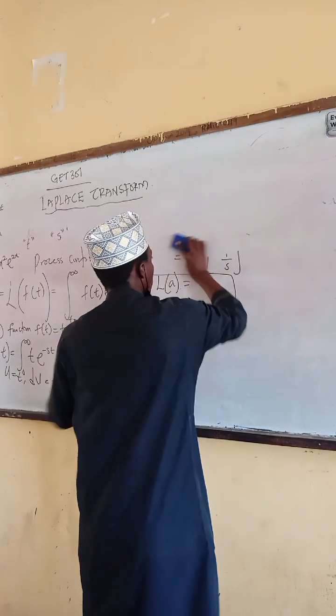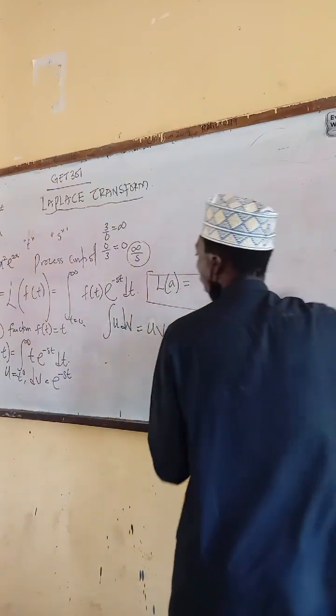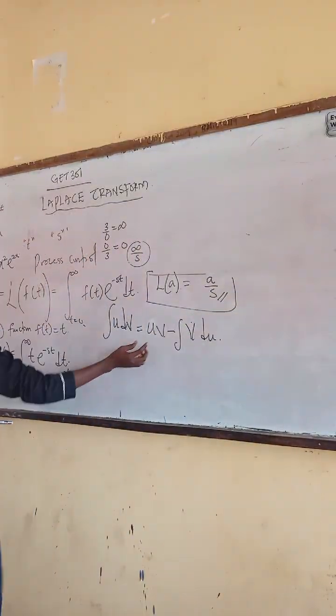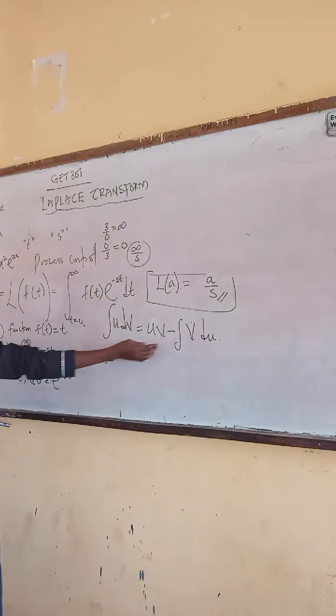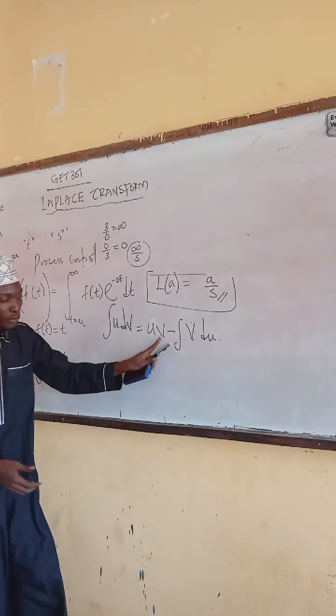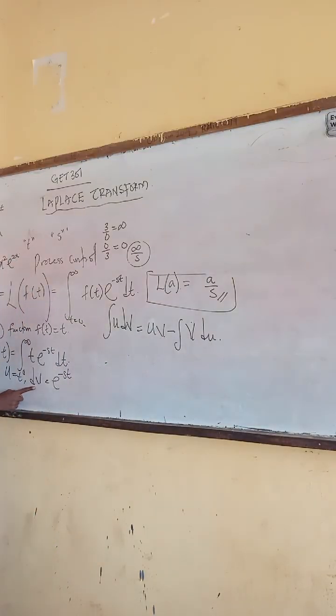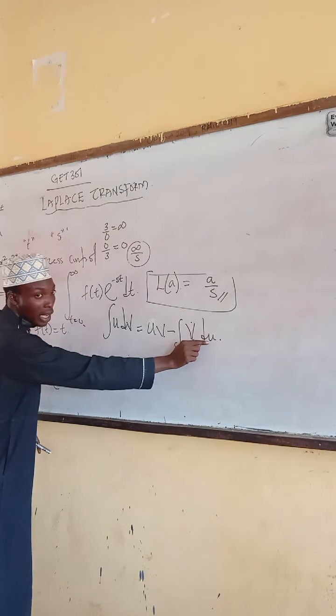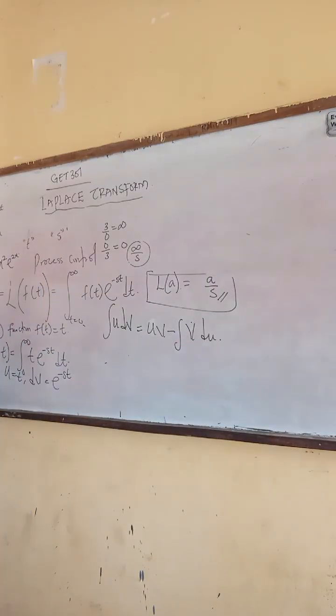So from this place, I already know my u, I need to know my v, because I don't know my v here. So I need to know my u as well. What will be our du dt? Du dt is 1. So what will be our v from this place? To get your v,